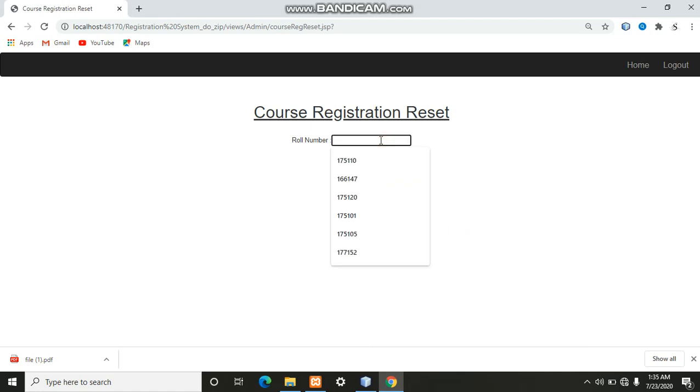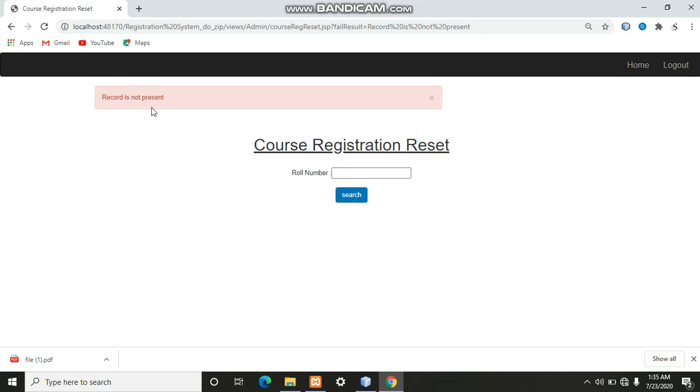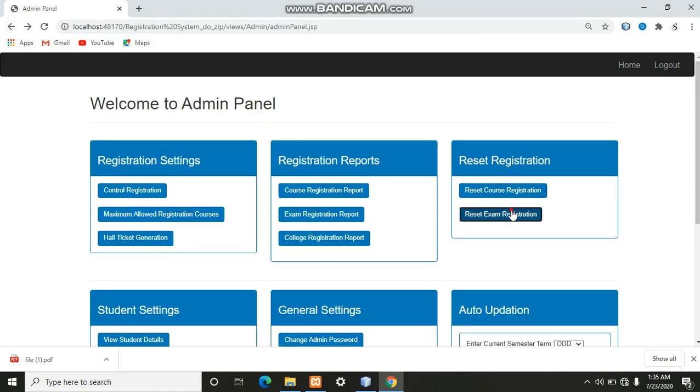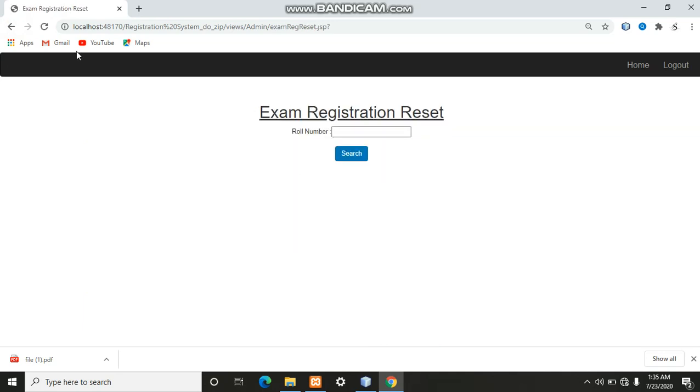If I enter any number and search it, as this roll number is not present, it is showing that the record is not present. But if any student has registered and wants to reset the registration, then this privilege is given to the admin. Similar to this, admin can reset exam registration also.